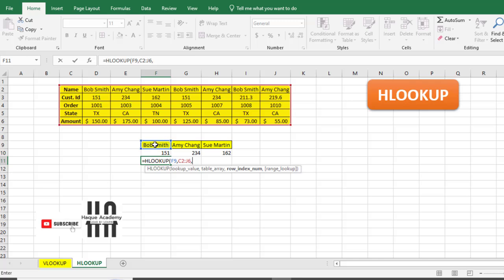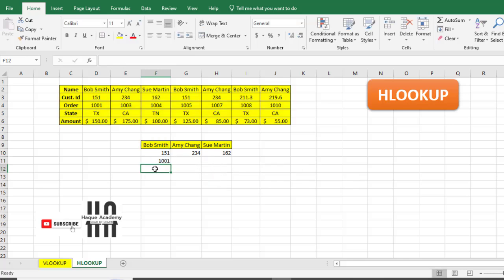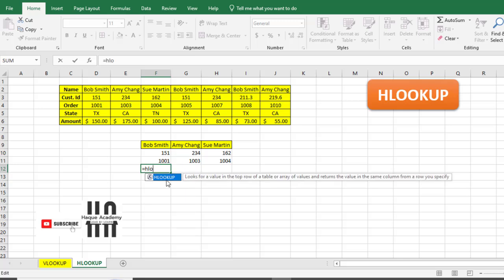Here now we press 3 and we select false and close the bracket, enter, and we also try another HLOOKUP,